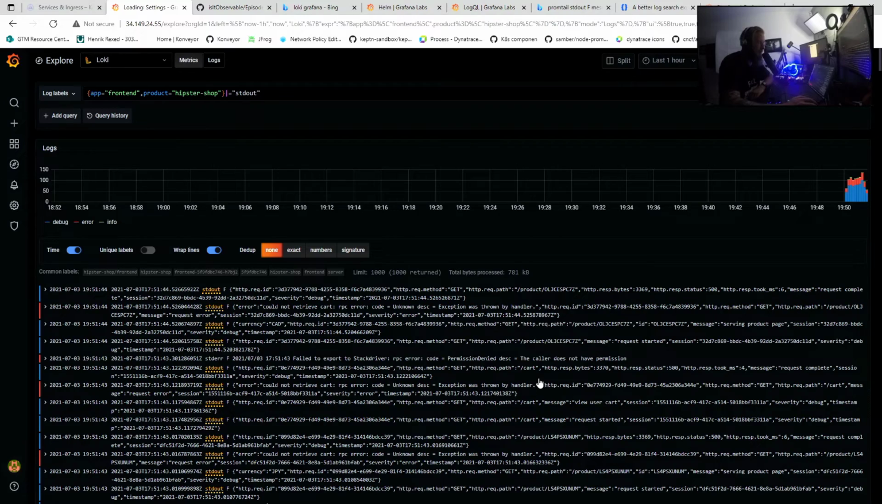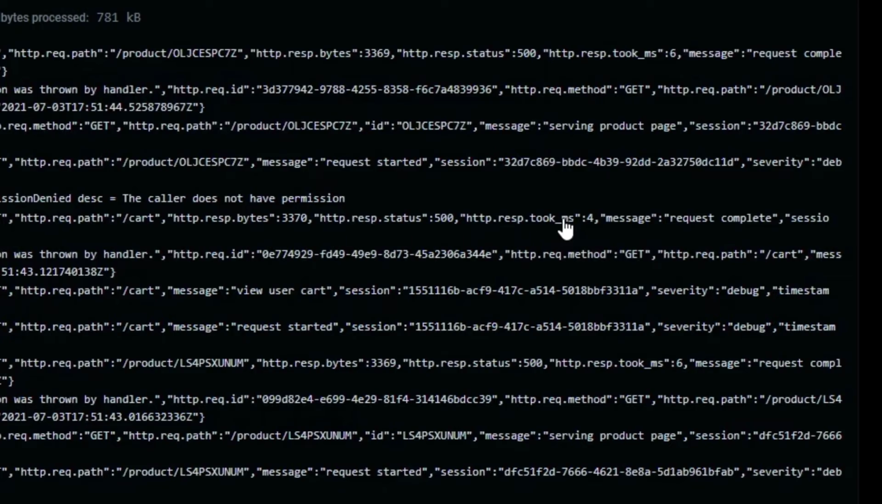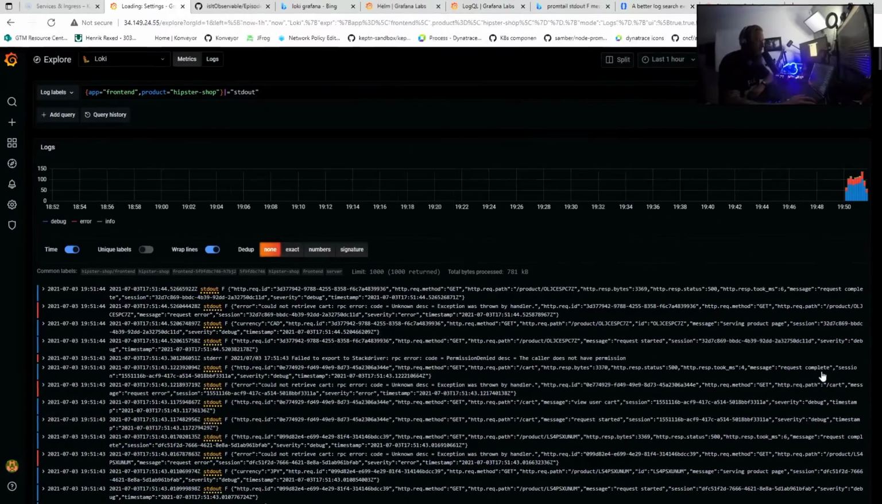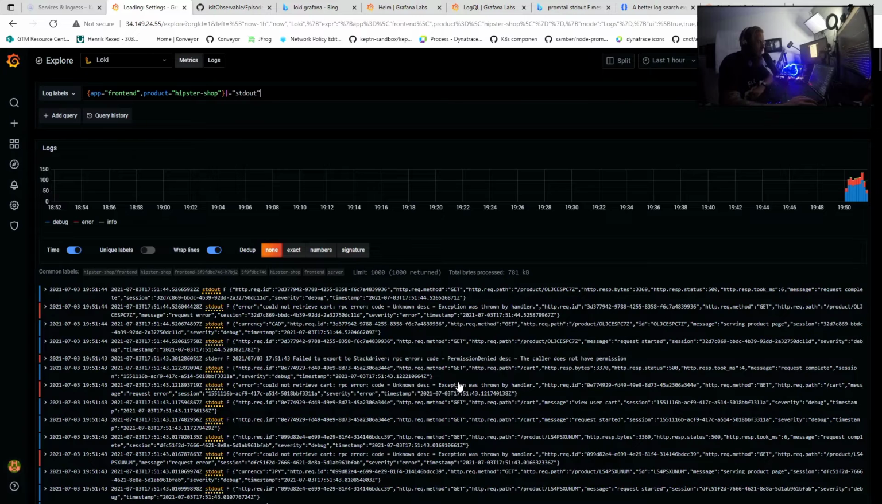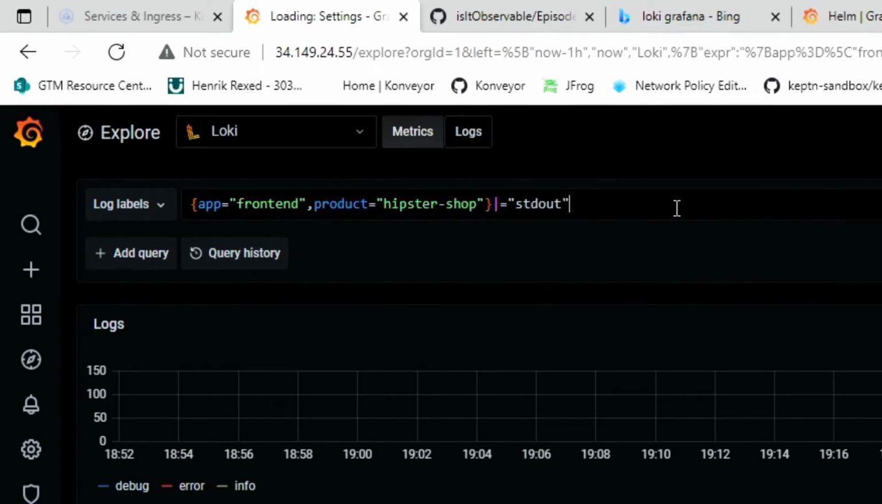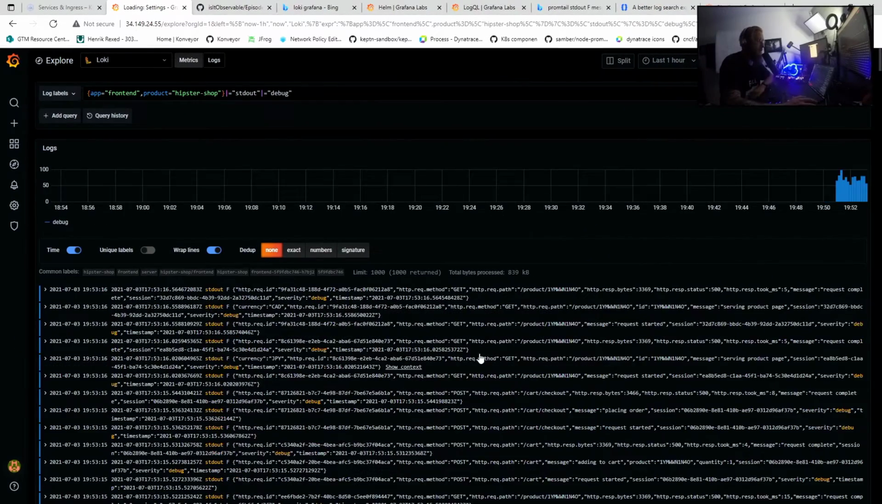It seems there is some information about the status code, the response times, the bytes. You can see here it's severity debug. Let me add another filter here. I'm going to add another pipe, and we're going to add debug here. That will help me filter again. So here I'm only filtering all the stdout having the severity at the debug level, and then if I want, I can also